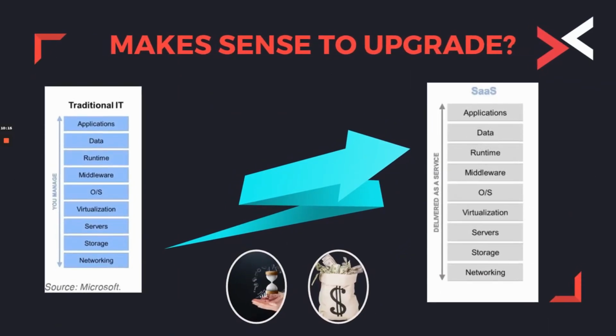So what makes sense? To make sense to upgrade, you look at the time and you look at the cost. This is what determines whether you want to go from here to there, if you have these two into consideration. I do care about time. You have no time to do things, and money is, we're splashing too much money on data centers. So these are two things that you need to take into consideration, or should I say, these are two attributes that play the role in deciding between a data center and a SaaS environment.